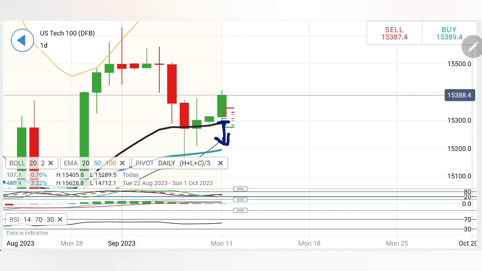As long as 15,500 is respected, do not treat Nasdaq 100 as bullish, and do not treat this for a